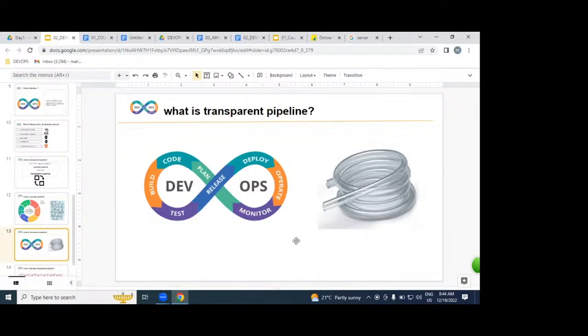Understood? If any issue or blockage occurs in the middle, you can see at one look in this transparent water pipeline where exactly the problem is, and you can resolve it as soon as possible. The same way in the DevOps process also.